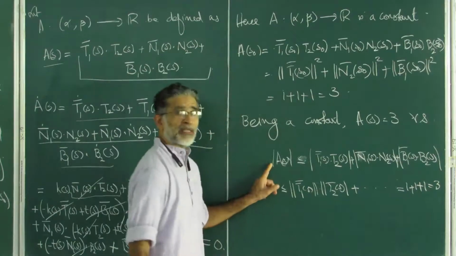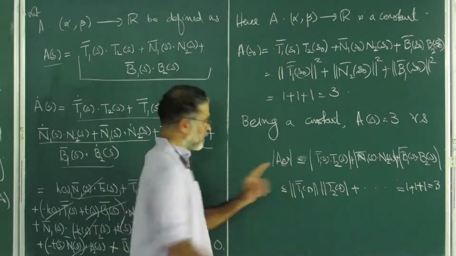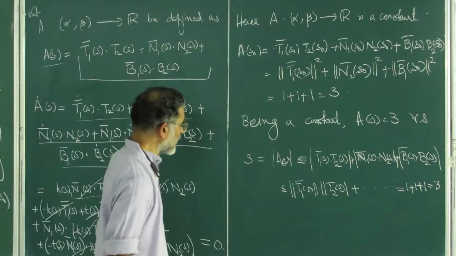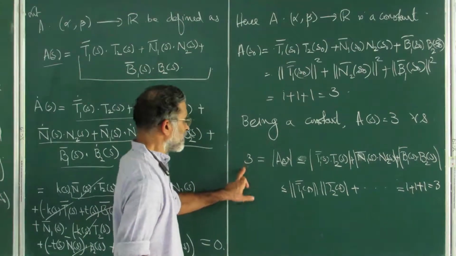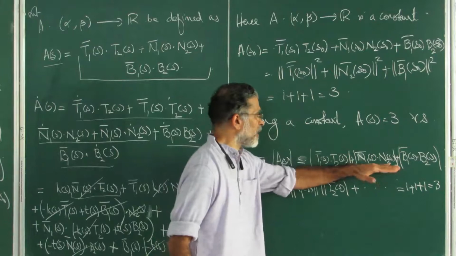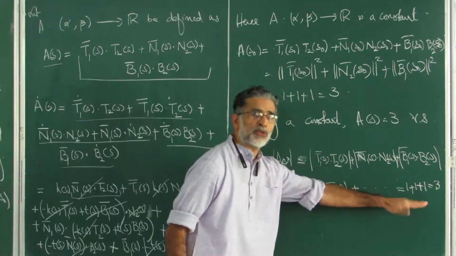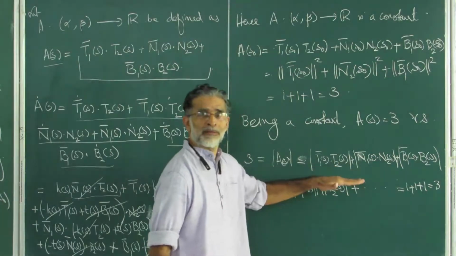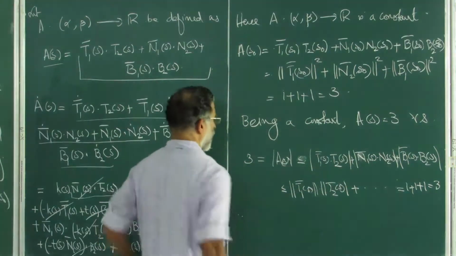But what do you know about this? This is already 3. So this is identically, modulus of this is also 3. Identically 3. What does it mean? 3 is less than or equal to this number, and this number is less than or equal to 3. Therefore, this number has to be equal to 3. Right? So therefore, now let us look at